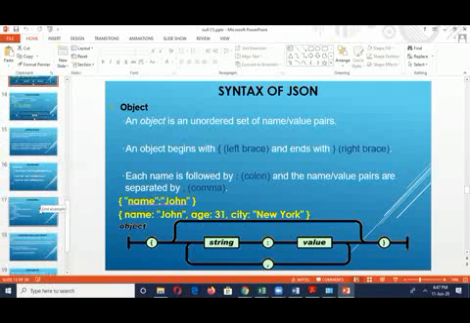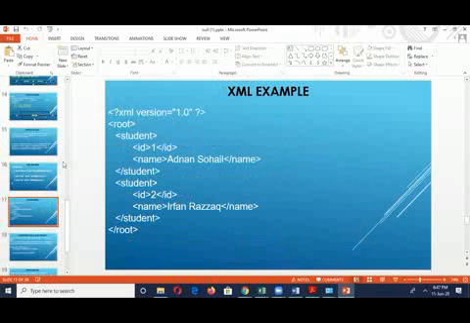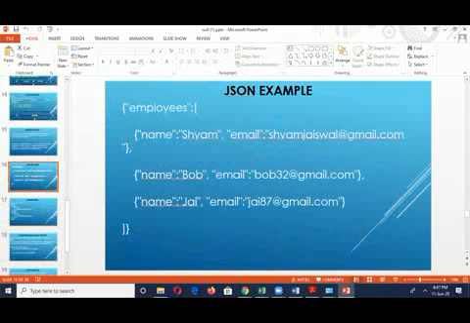Coming to the validation part, this is a small example program, a JSON example. In this you can see the employees. They have different employee names assigned, with the name and value pairs. Inside JavaScript you can use this. Inside the HTML page, you can embed